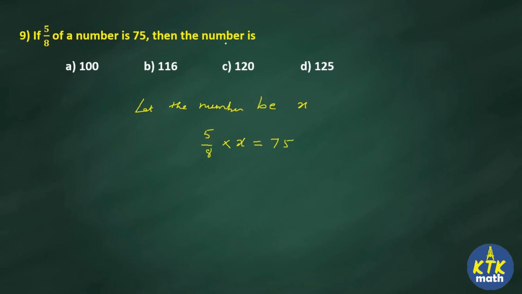So I am writing the statement as an equation. Okay, this number only I am making it as x. So 5 by 8 of x is 75. Try to understand. Now I told you already, whenever a fraction moves to the opposite side of the equation, it will be what? Reciprocal. So 5 by 8 will become 8 by 5. Now start solving this. 5 75, how many times? We know it is 15 times. So 15 8s are 120. So your answer is 120 for this 9th question.